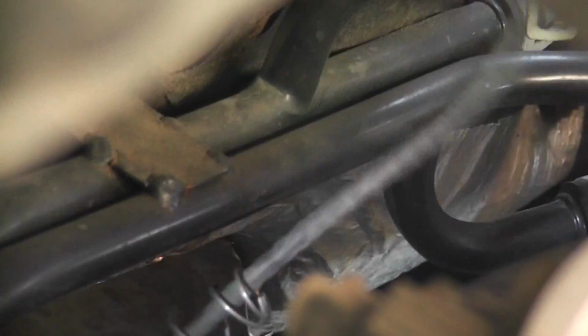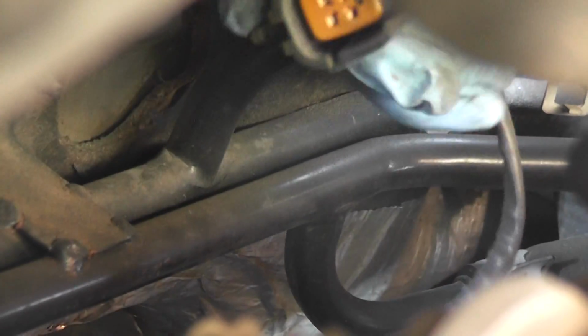Can you see this? You stay right there. See the connector? I got the connector off. Took a little bit of doing. I had to more or less kind of break the top of the part, but not the part that it goes into, so that's good. Now let's see if we can